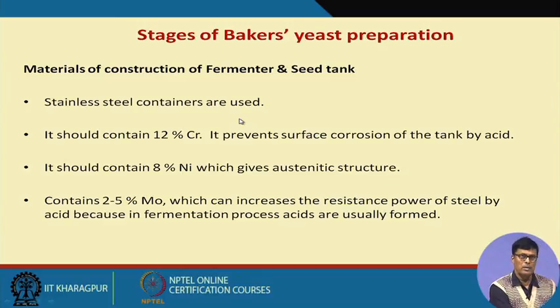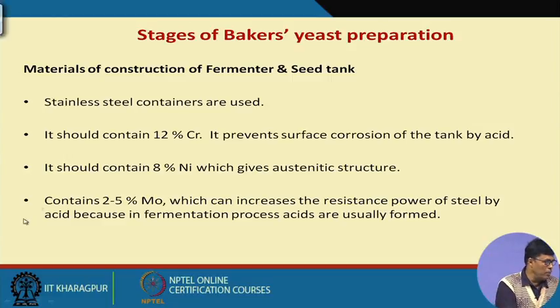I told you the SS304 is largely used for homemade utensils, and in the chemical industry we usually use SS314. In the biochemical industry we usually use SS316, because most fermentation processes produce a lot of organic acid, which is corrosive in nature. So naturally that helps us develop